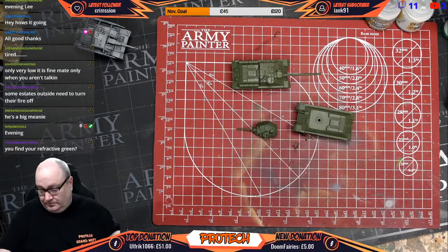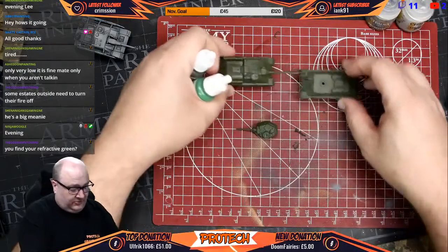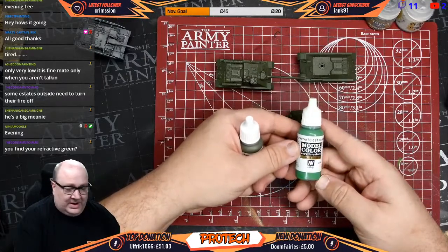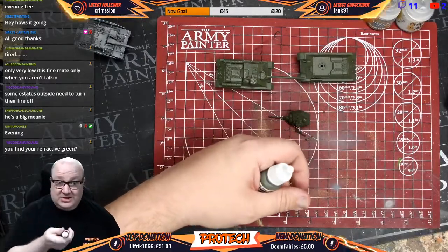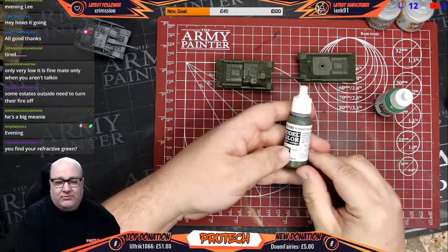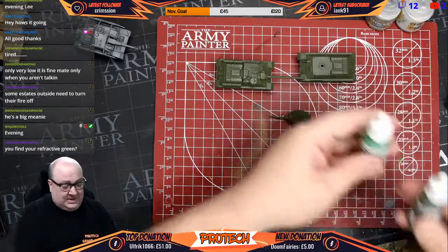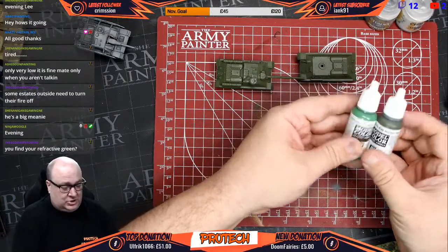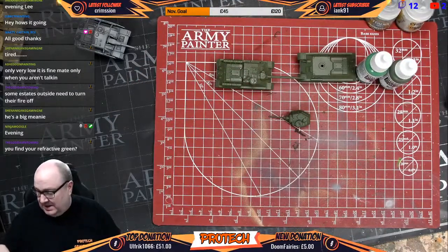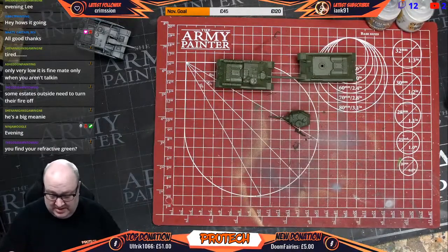Yes, Tomo. The 2 greens that I'm going to use for the Russian stuff is Intermediate Green, which was from the Panzer series set. We did have one of them in stock, but unfortunately it's all gone now. And refractive. It's not reflective, it's refractive. I was looking for reflective. I'm silly like that. So it was a 50-50 mix of the pair that Jack did. So what we're going to do is start off using the refractive green neat. So into the pot,